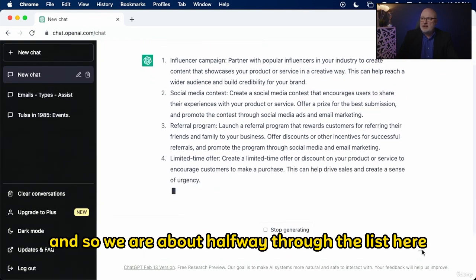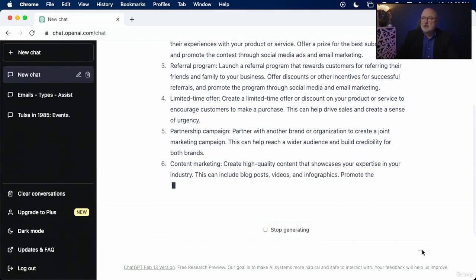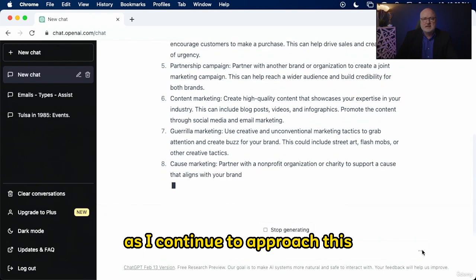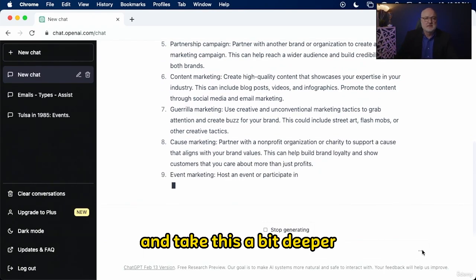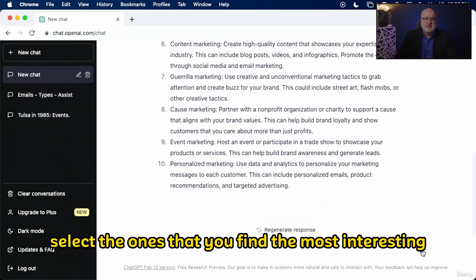And so we are about halfway through the list here. We've got influencer campaign, social media contest, referral program, and much more. I'm going to let that kind of churn in the background as I continue to approach this and take this a bit deeper. I encourage you to review this generated list of ideas and select the ones that you find